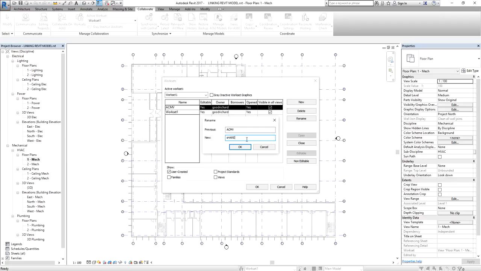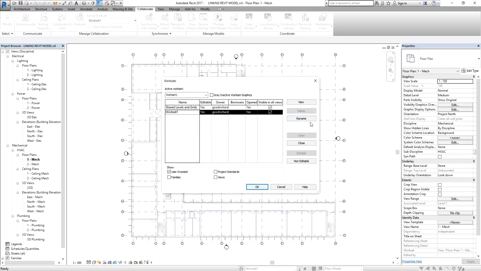So this one should be shared levels and grids. Okay, so the work set number 1, this is what I'm going to rename. For example, this is the work set for my ACMB.